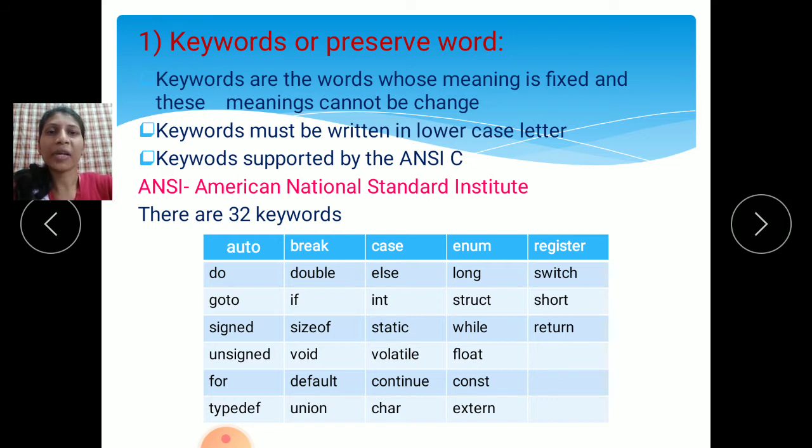There are specific keywords in C programming. There are only 32 keywords we will use in the programming language.